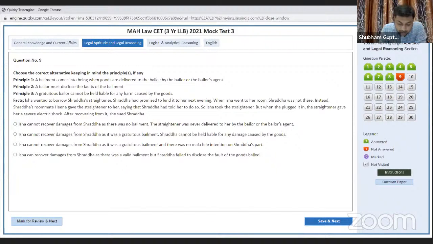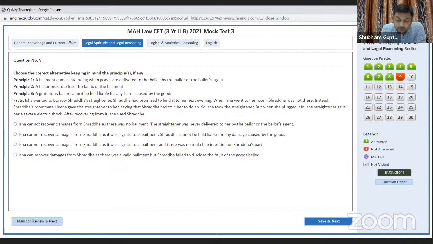Now let's read. Isha wanted to borrow Shraddha's straightener. Shraddha had promised to lend it to her next evening. When Isha went to her room, Shraddha was not there. Instead, Hina gave the straightener to her, saying that Shraddha had told her to do so. So Isha took the straightener, but when she plugged it in, the straightener gave her a severe electric shock. After recovering from it, she sued